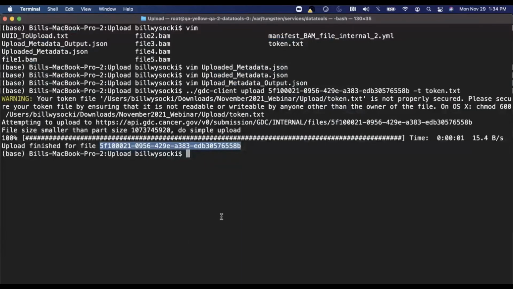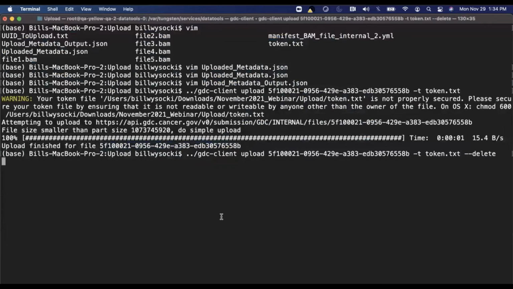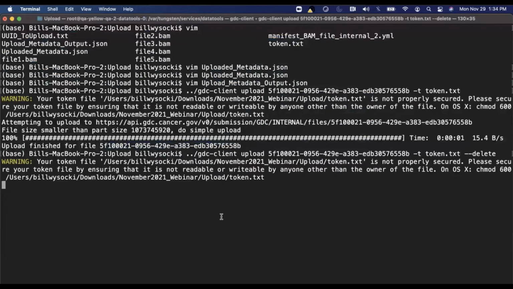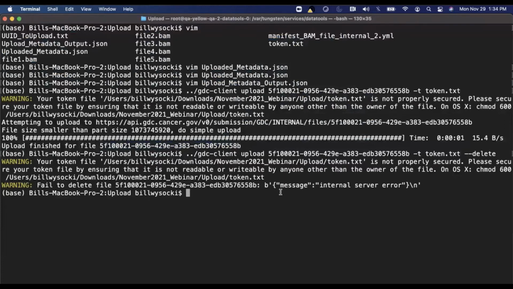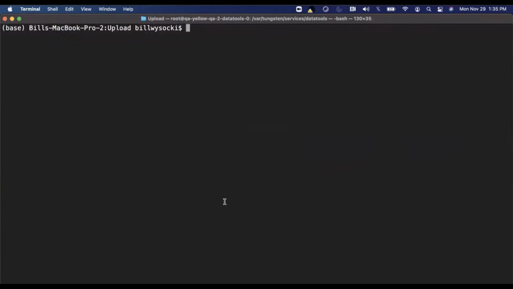Now, let's say you uploaded the file and you realize that's the wrong file and you need to delete it. Very easy. You just do delete using the same command, and that should finish it off. Sometimes it takes a second. Oh, there is an internal server error. So that usually will just delete the file. So going back to the